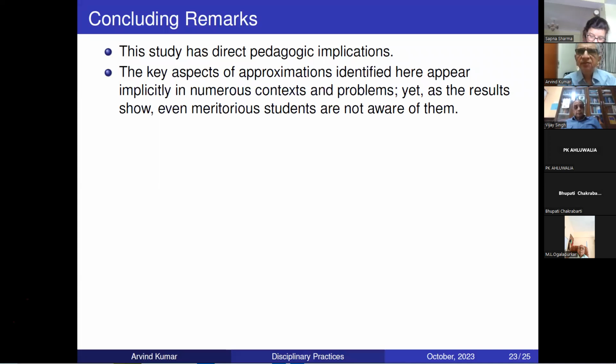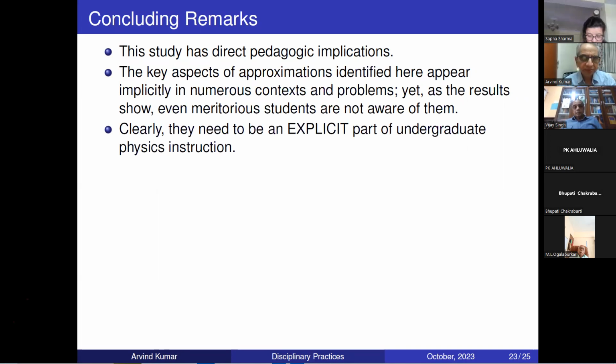The key aspects of approximations identified here appear implicitly in numerous contexts. As I told you, it is just everywhere. And yet, as the results show, even meritorious students are not aware of these little elementary points. So our recommendation is they need to be an explicit part of undergraduate physics. I mean, one should set aside time, or at least while doing an approximation, one should emphasize this point and not